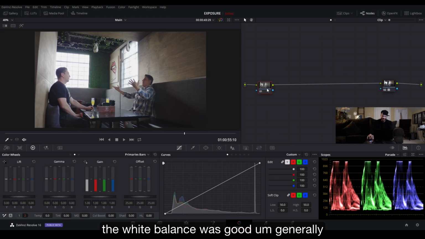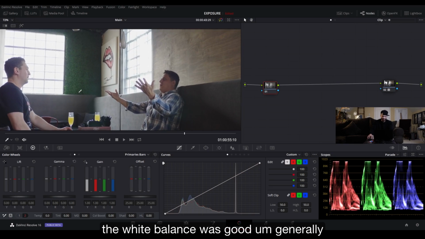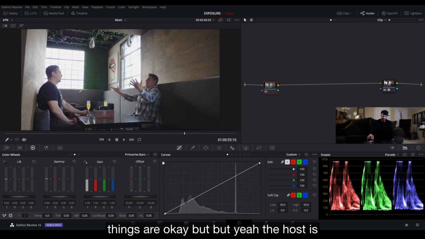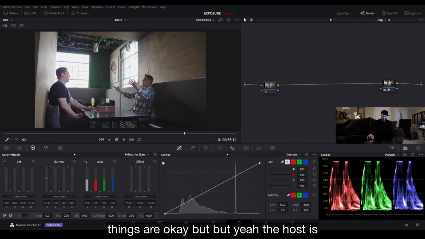And it looks good. The white balance was good. Generally, things are okay, but yeah. The host is just over here in the dark, and it looks like, why is this guy in the shade? You guys are inside. Why is somebody in the shade and somebody's not in the shade? What's happening here? So the first thing I'm going to do is make a parallel node,